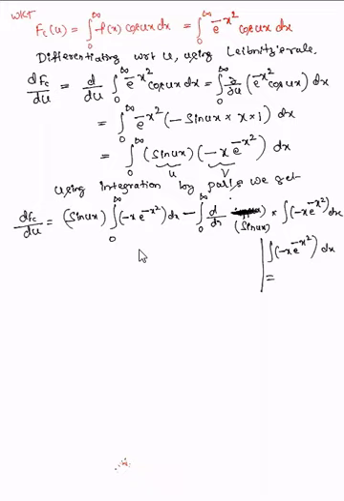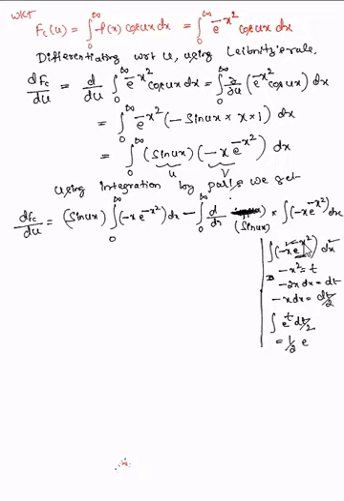See here, actually you have to take it like this. Put minus x square equal to t. Differentiate. It is minus 2x into dx equals dt. Or I can write minus x dx equals dt by 2. So if I substitute, it is the integral. See this term, it is e power t. So minus x into dx is dt by 2. So finally we get 1 by 2 into e power t, and t is minus x square. That means the integration of this entire thing is 1 by 2 e power minus x square.